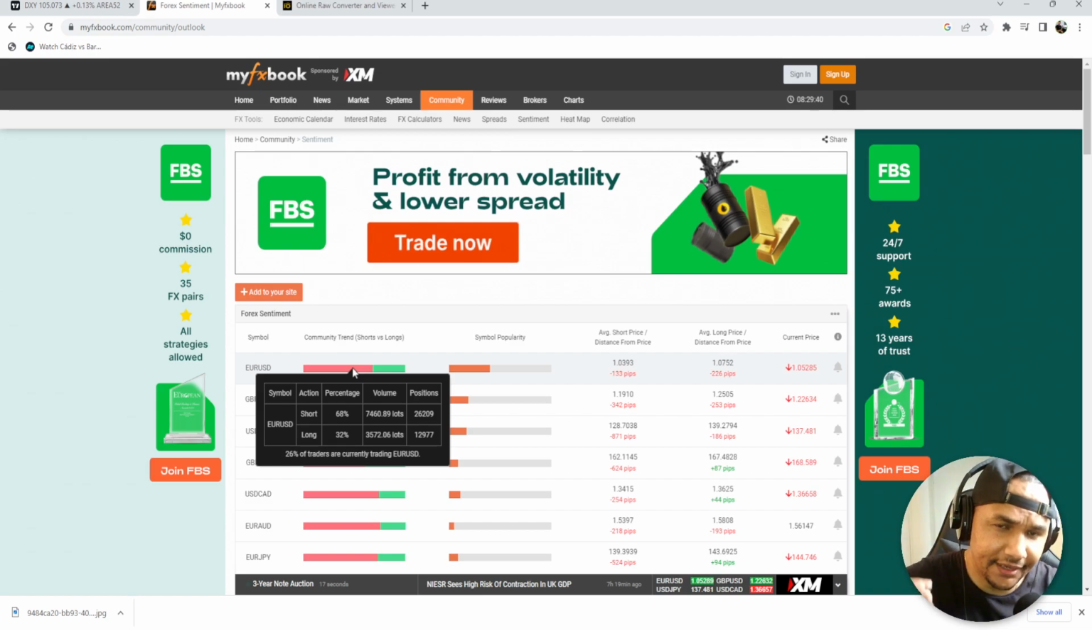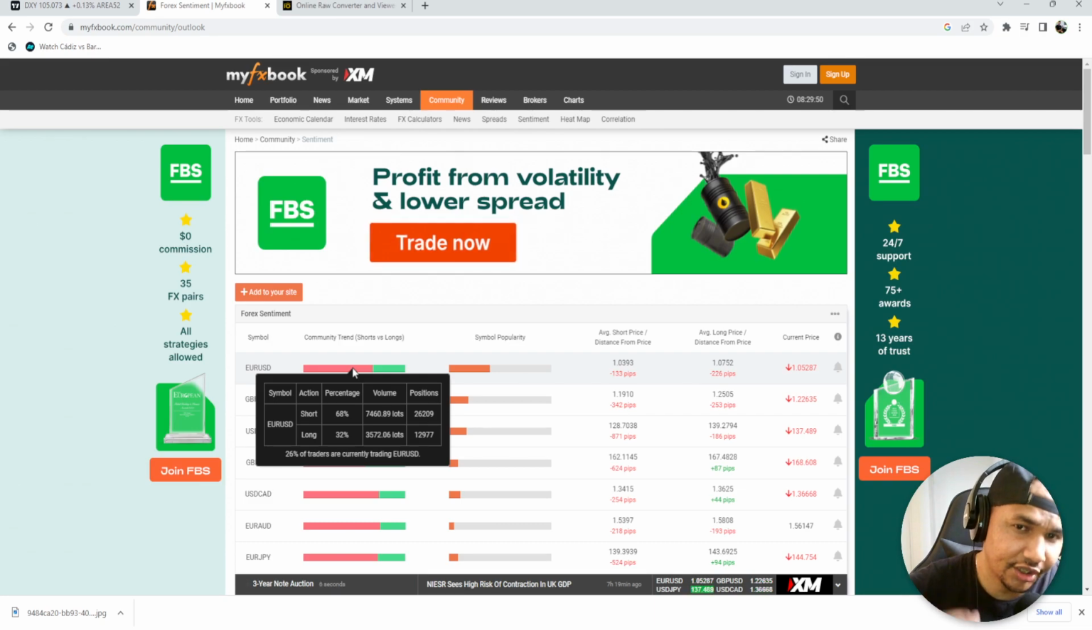But you come here and you always want to be on the opposite side of what retail traders are doing. Why? Because this gives you an indication that the smart money is on the lower side of this report. So if you look at this report and you haven't guessed it already, smart money is definitely looking to short EUR/USD